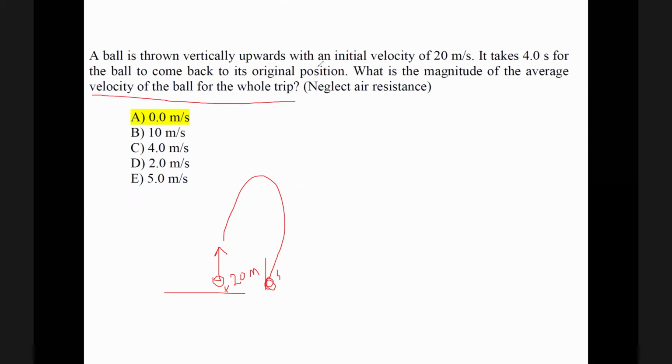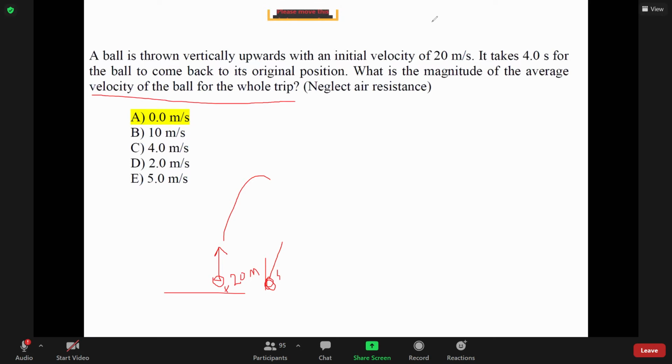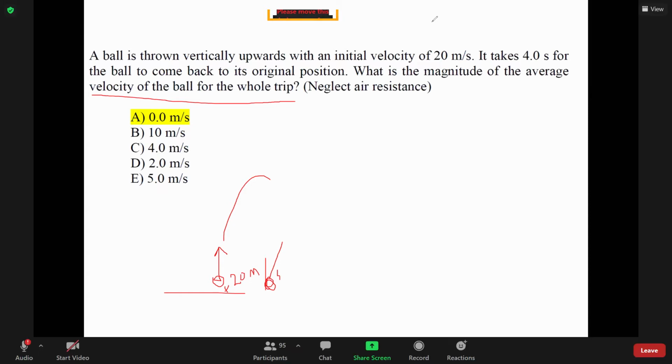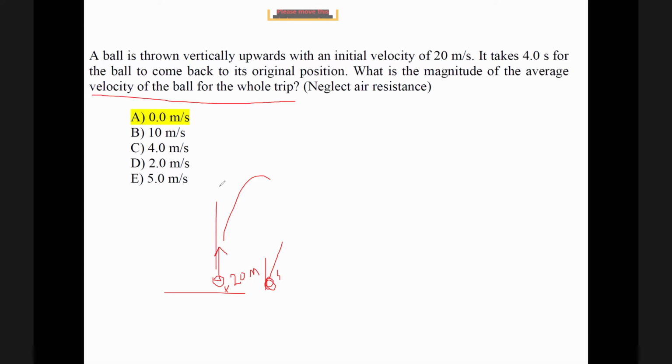Let's go, participation in the chat panel. What do you think should be the average velocity? So 2 seconds to go up, 2 seconds to go down. But the problem is this. What is the displacement? Perfect, yeah, Badr. Badr is excellent. The displacement, Abdul Ilah Al-Ghamidi, also excellent. The displacement is 0 because the particle went up and returned back to the same location. In average velocity, I need displacement. And if the displacement is 0, the answer is 0. If the displacement is 0, the answer is 0.